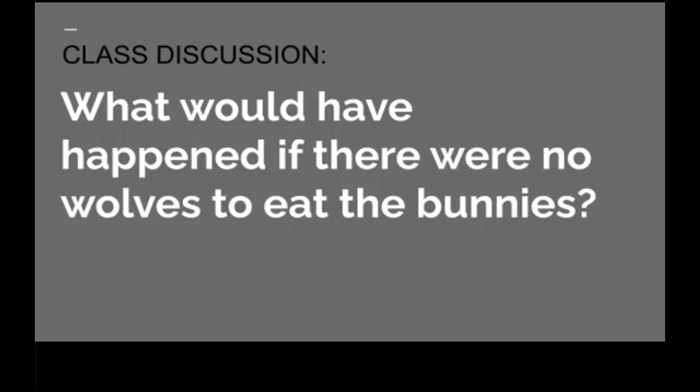Do I answer the first or second question you asked? You decide. Okay, so if this happened in real life, they wouldn't overpopulate because there would be other predators to still eat them. Okay. Armand? If this were to happen in real life, the population would grow exponentially, but over time, as the population grows, then the food supply will go down. So then the population will diminish, and then the food supply will go up, the population will go up, and the cycle would repeat. All right. Anybody else?